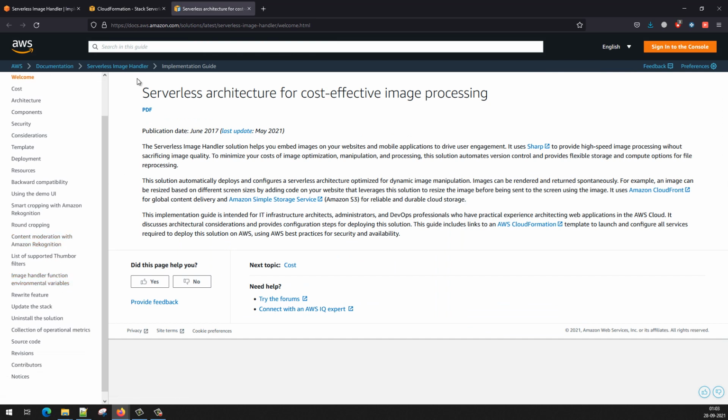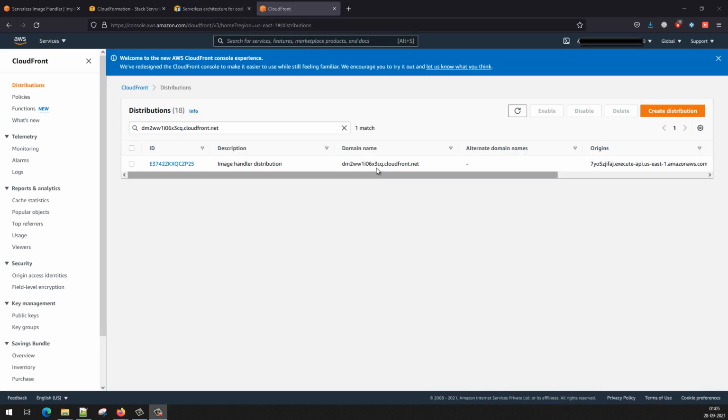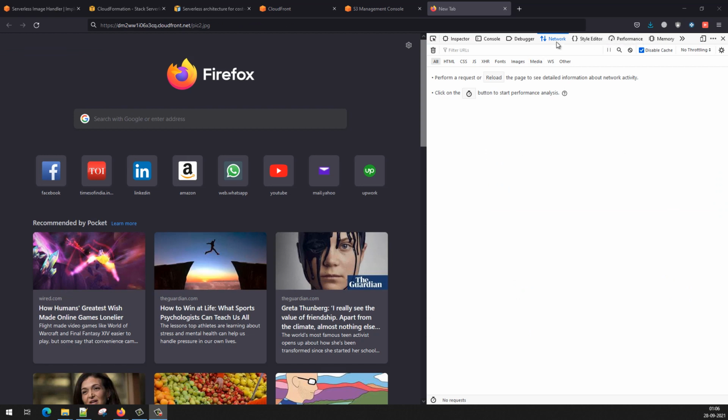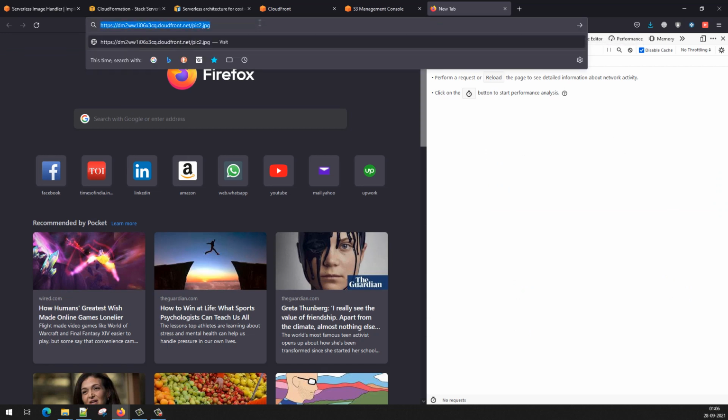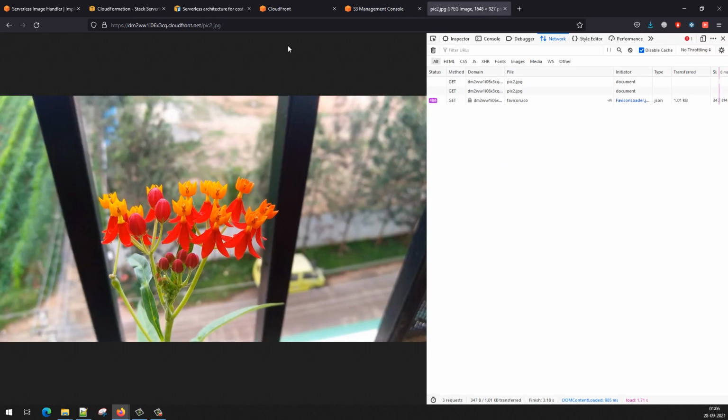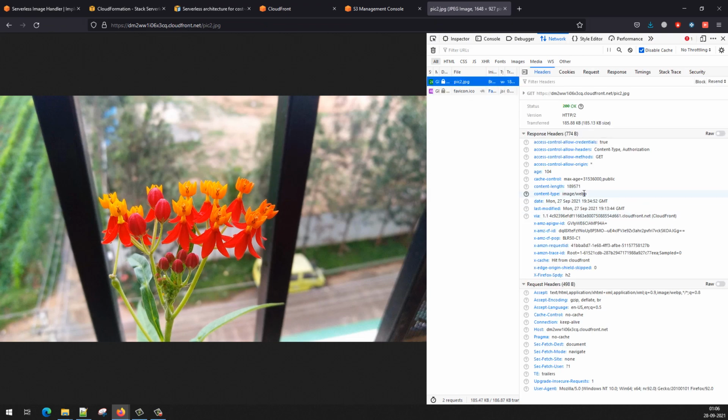Now let's go ahead and test the setup that we have just deployed. It has deployed this CloudFront distribution and we are going to use this distribution domain name for testing the setup. So I have this S3 bucket where I have uploaded two JPG images. One is flower.jpg, second is pic2.jpg. We are going to do the optimization on the fly. So I have opened inspect and gone to the network tab and I will hit enter with this test URL. Now this original image of pic2 is 185 kilobytes. I have just used this URL where the original image is being returned, and it is simply rewriting this image to WebP. The size remains almost the same, 185, 189 KB.